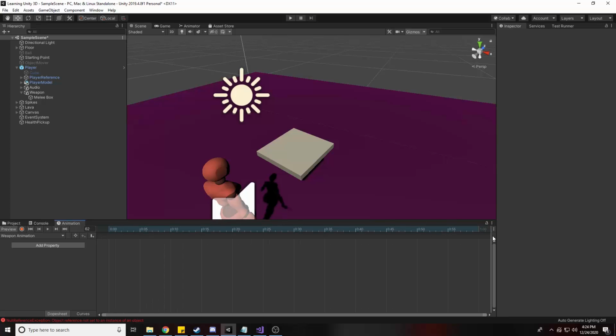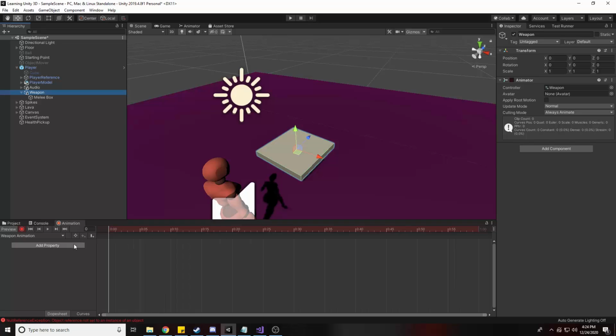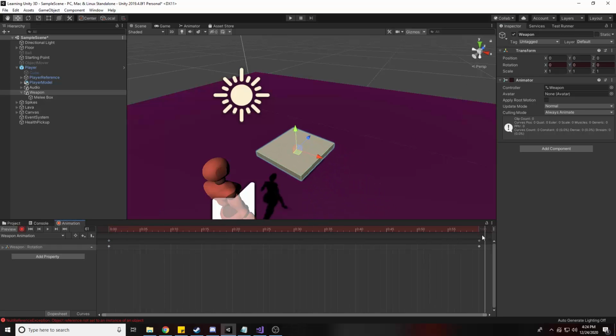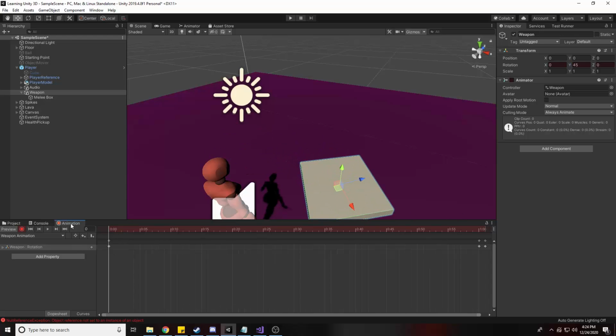The question is, how do we actually animate? Well, there's this neat little button here that will enable your keyframe recording. So we can add a property here. If I click on Weapon, and I click Add Property, we want to change the transform, its rotation. So at the very beginning, if I click on that keyframe, switch this to 45, you'll see that the last one here, its keyframe is 0. If I make this negative 45, you can see that this animation, if I click play,